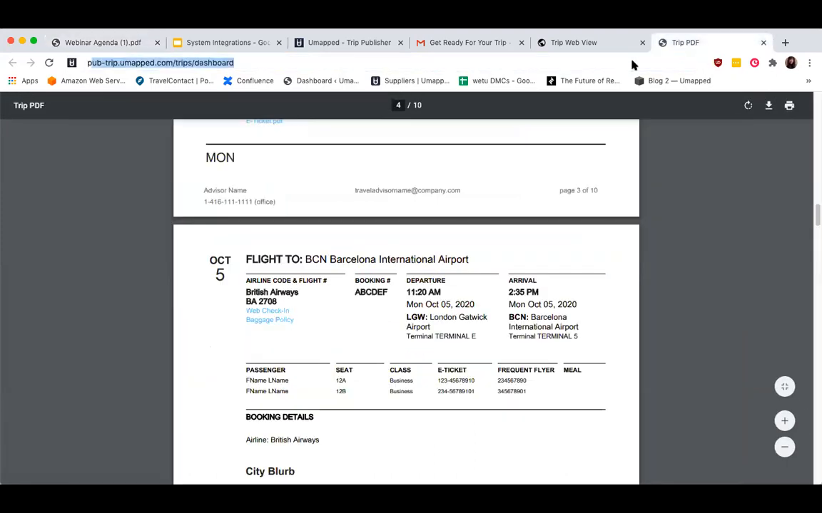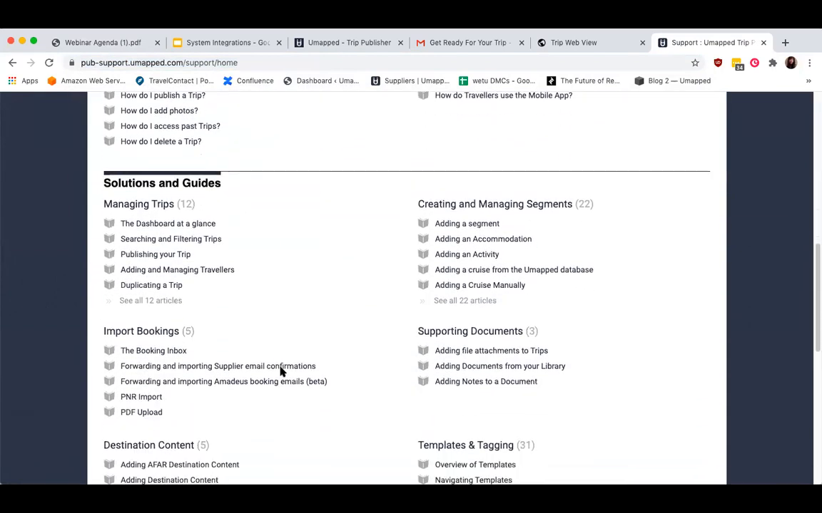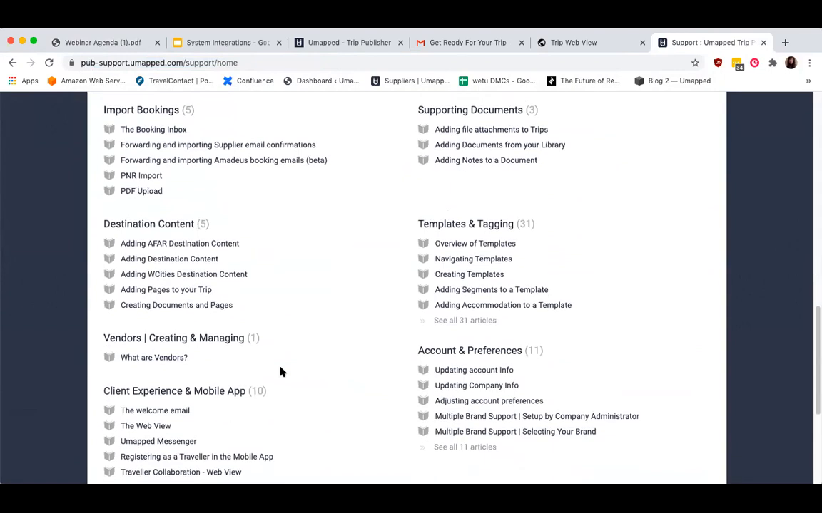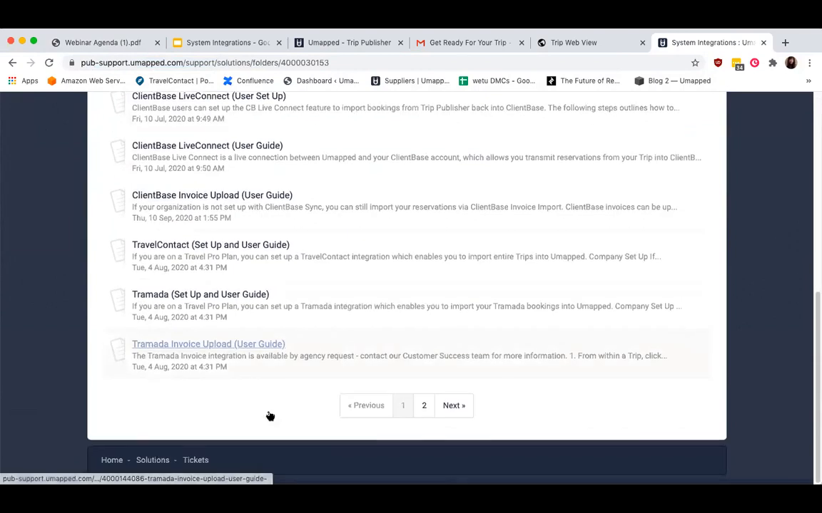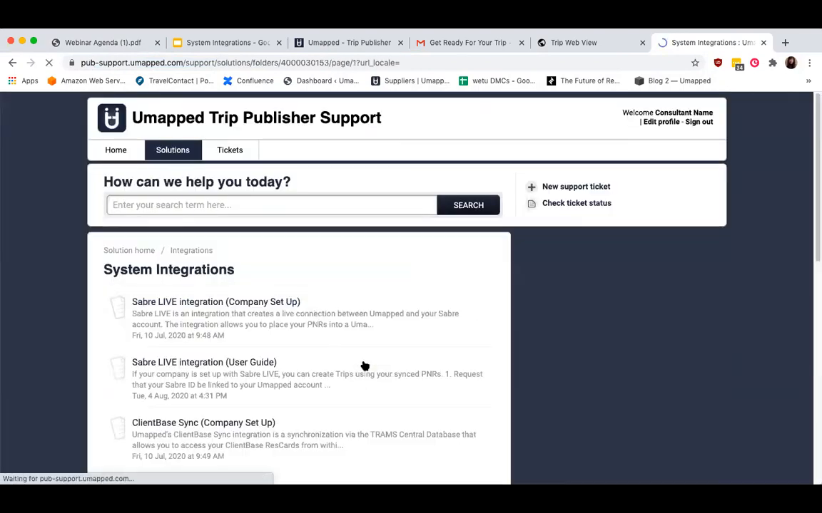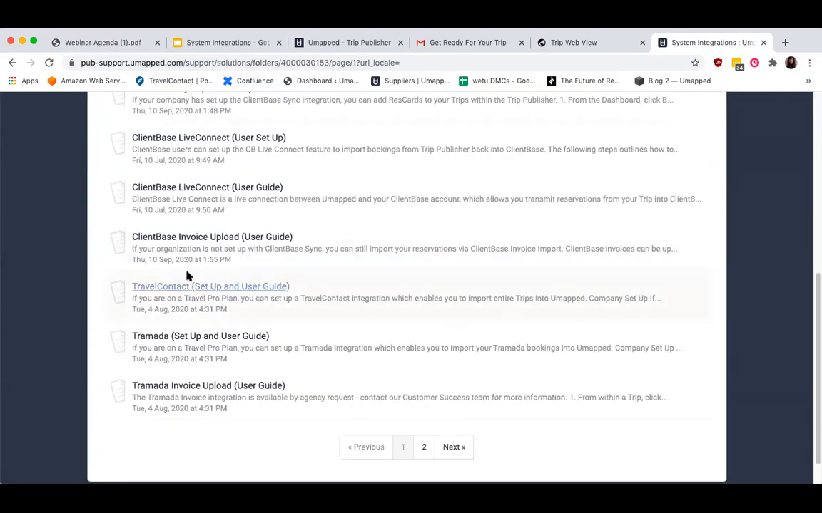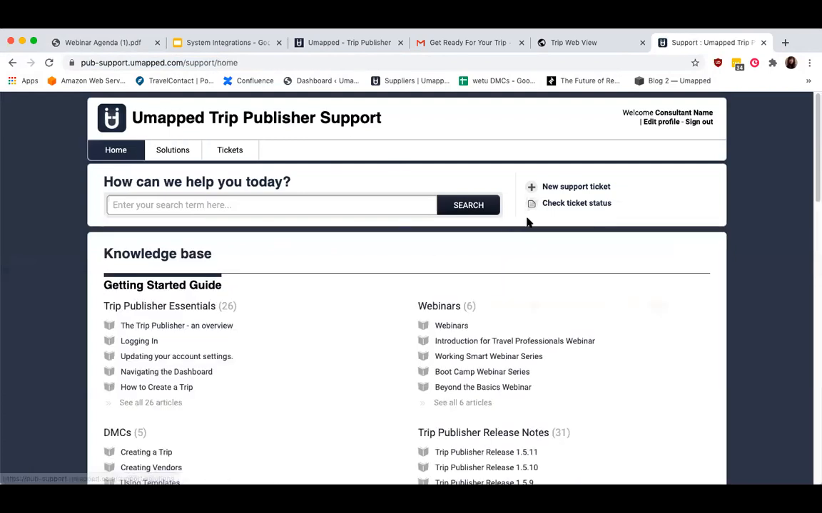So our support portal, which you can access either by clicking on support in the trip publisher or just by coming to pub-support.umapped.com, is where you can access a getting started guide, as well as step-by-step instructions for the different features and integrations that we covered today. So if you ever have questions about Tramada setups or travel contact or any of the different integrations, this is where you would come to look up anything that you'd have questions about